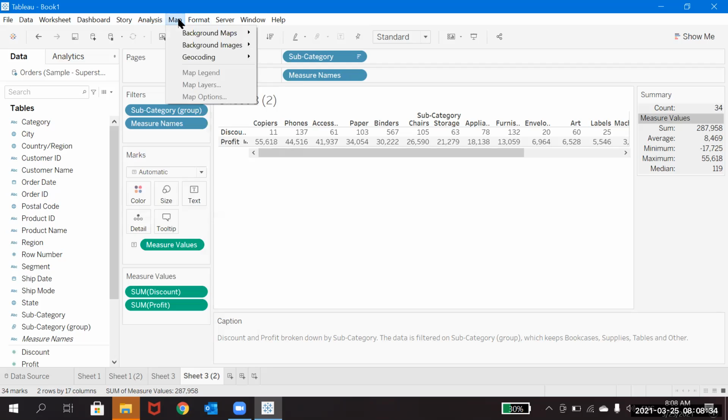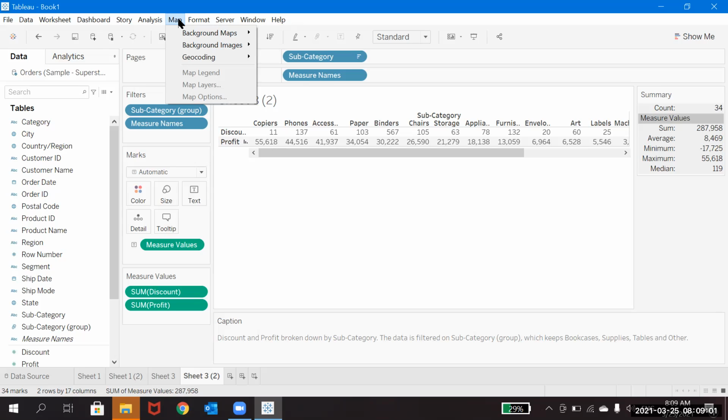And map view, for maps we have a separate individual session. Because maps is something that we need to learn, how to create maps and everything, because maps will always help you to showcase a good visualization and people will like it, to see something different, and how your sales or profit was just shown in a map view.